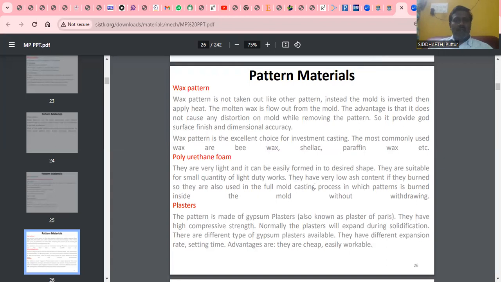Now coming to the wax pattern material. This wax pattern is not taken out just like other patterns. In the case of the metal pattern or the wooden pattern, after ramming properly, we take out these patterns, and finally we create a cavity inside the mold after removing the metal or wooden pattern. But in the case of the wax pattern, it is not like that. Instead, the mold is inverted,